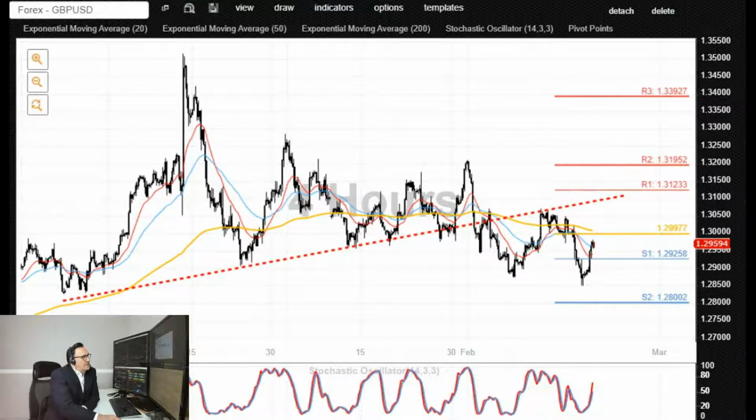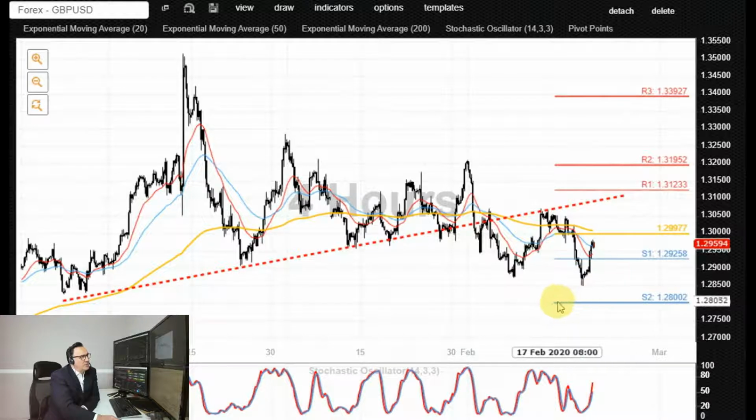Cable, sterling dollar as well, intraday we are seeing this sideways consolidation price action, although the current price is creating a sequence of lower highs and also lower lows, and this previously important rising support trend line has been tested on a number of occasions now as a newly found resistance. The key trading level going forward is at 1.30, a nice and round number. Bears appear to be in control below that level, potentially looking for an extension to the downside and retest of additional downside support towards 129.25,